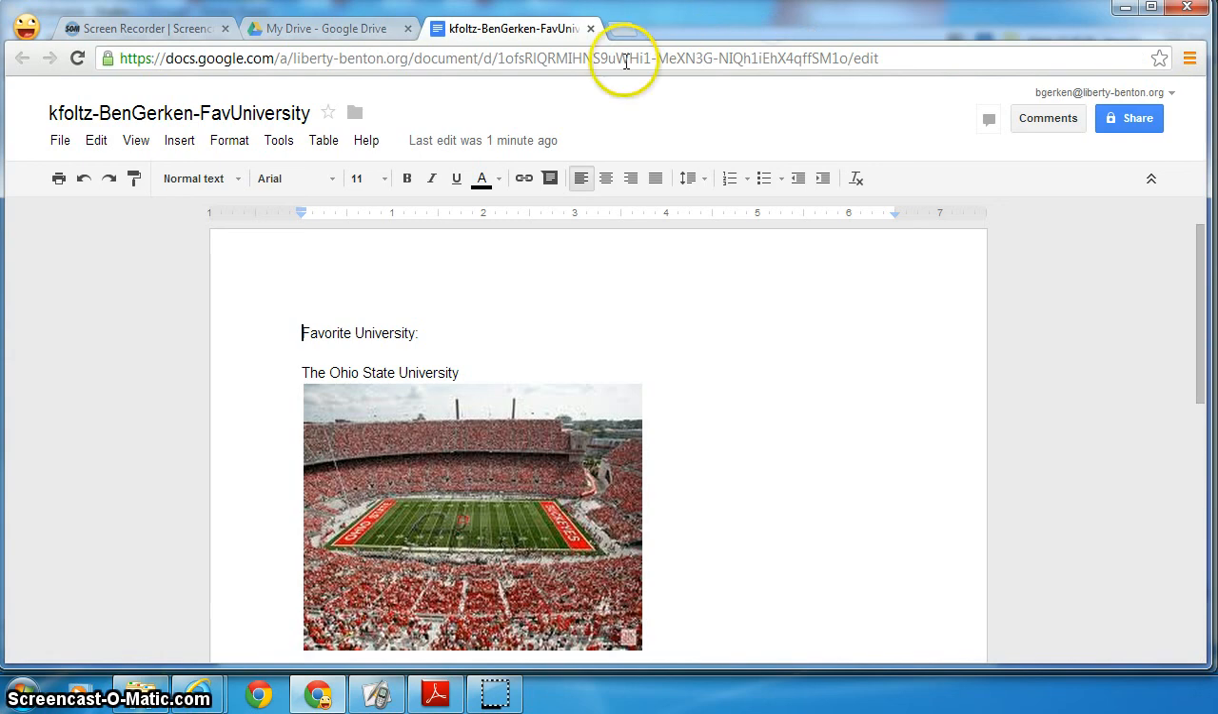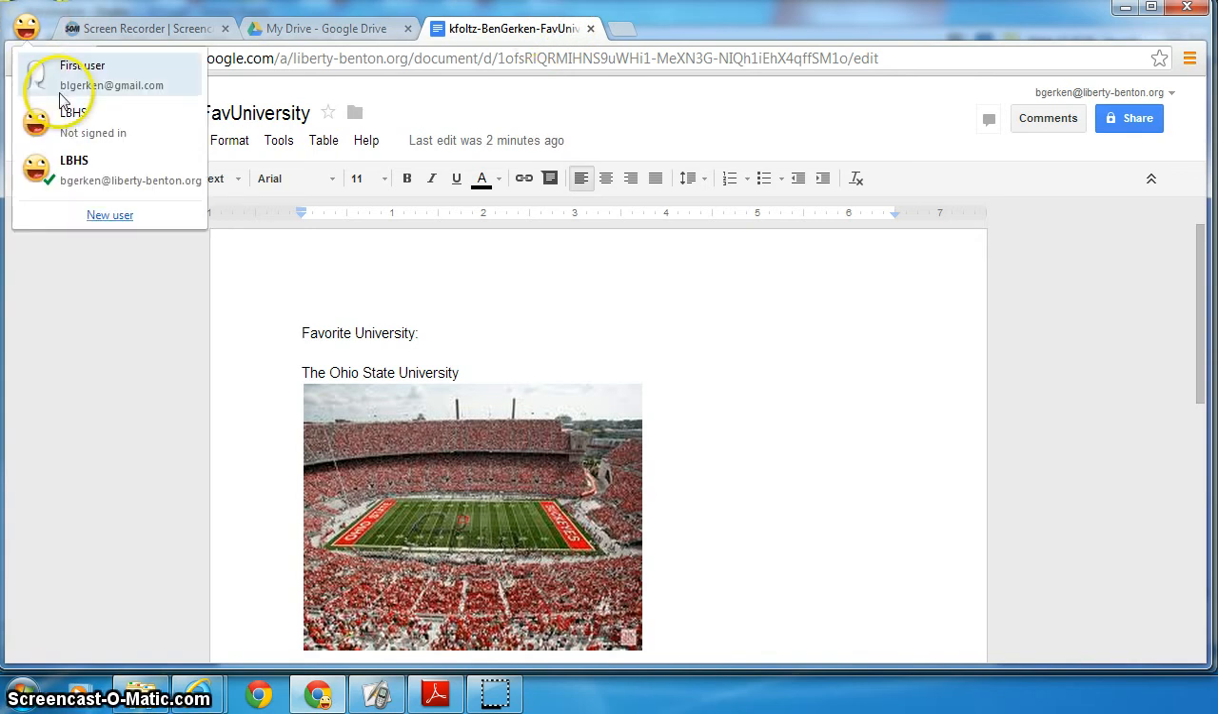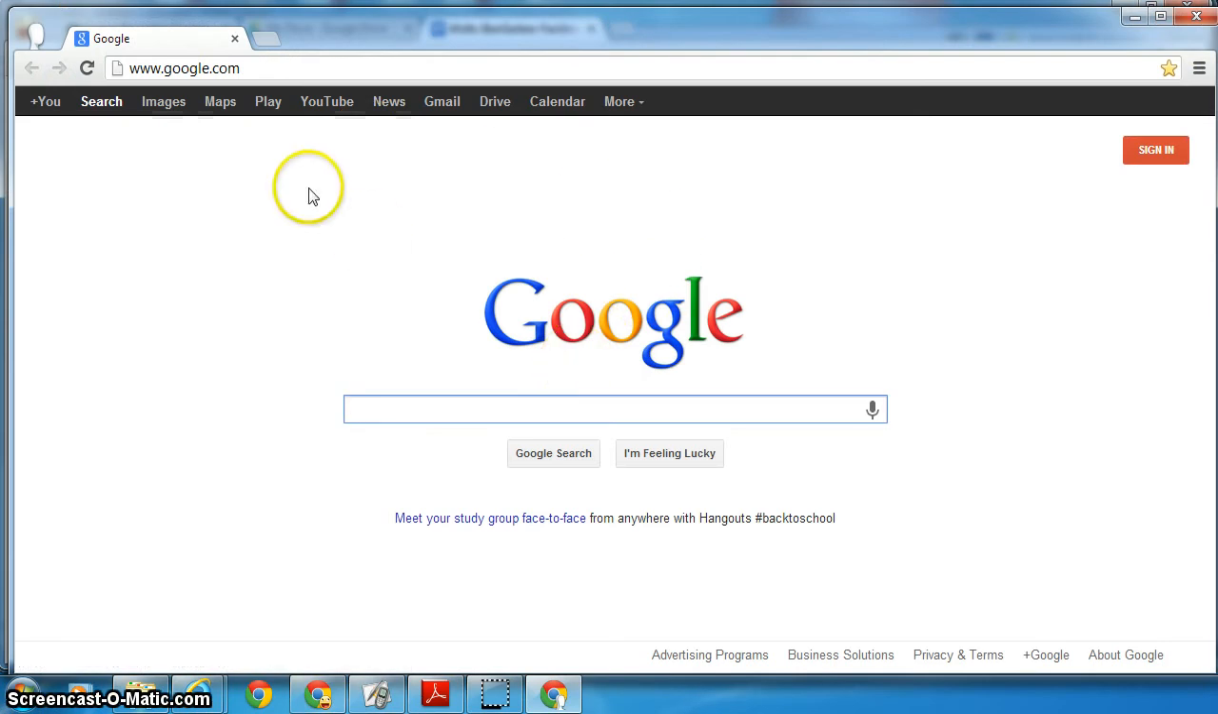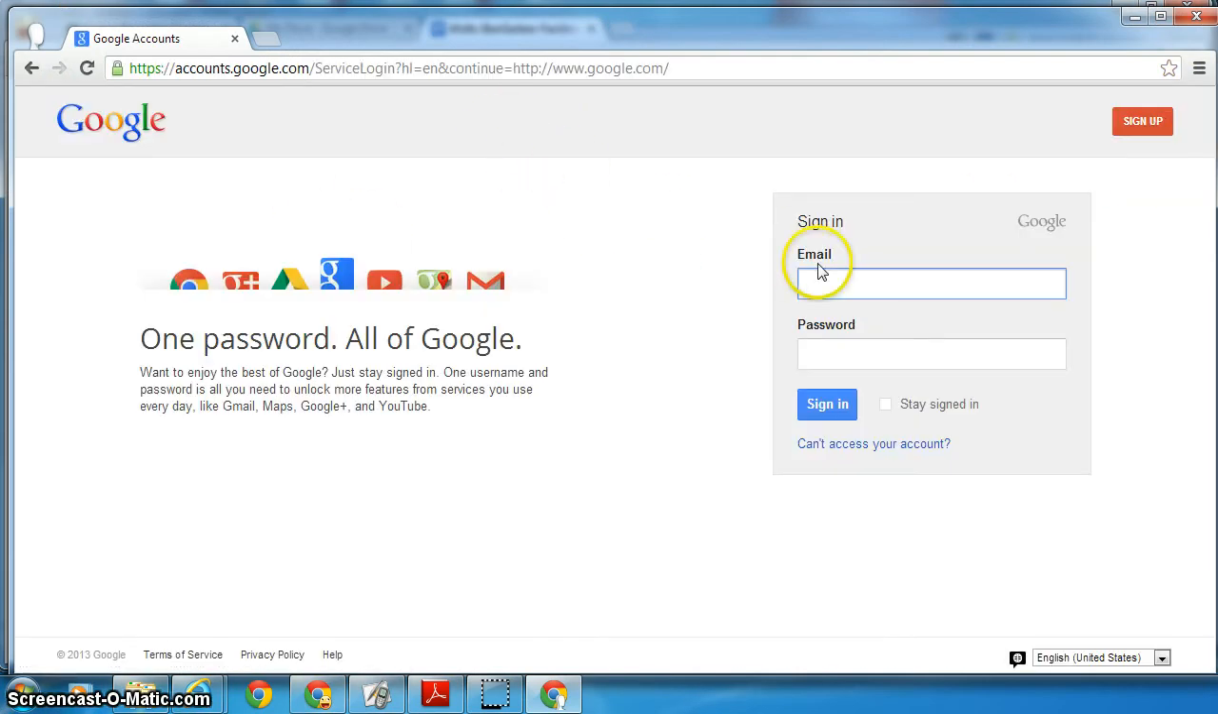So now, even though I said Mrs. Foltz is the teacher, I'm going to make sure that you can actually see what it looks like from the teacher's perspective or another student's perspective. I'm actually going to share this with myself. So I'm going to open up my personal Gmail account, my BL Gherkin. I have to sign into this. Notice I'm not signing into my school account. Once I log in here,